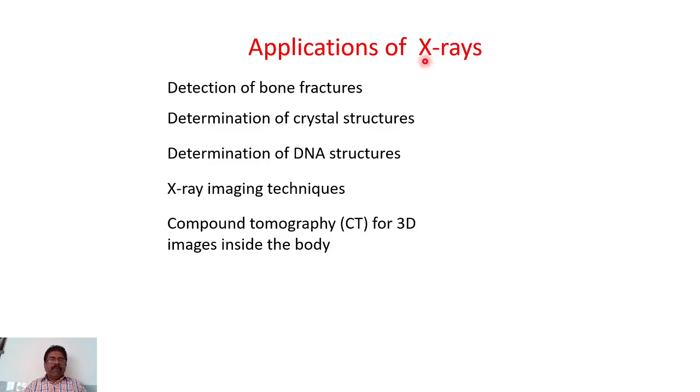Now let us see some of the important applications of X-rays. So in medical field, you know that there are a number of applications. So orthopedic surgeons, they are always using these X-rays, X-ray radiography, to detect the fractures in bone in human body. Then in material science, especially determination of crystal structure, this is an important application. So in solid state physics, you have studied Bragg's law, and depending on the Bragg's diffraction conditions and the different techniques of X-ray crystallography, you can find out a number of parameters. You can know about the crystal structure. You can know about the lattice parameters of the given crystal of that particular material. Then determination of DNA structure is also possible by using X-ray